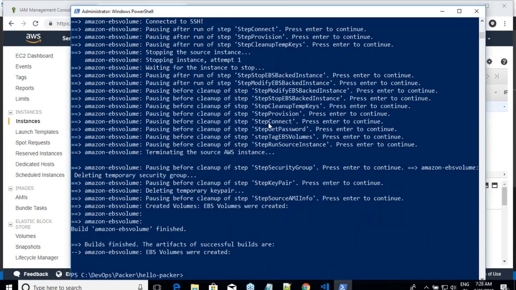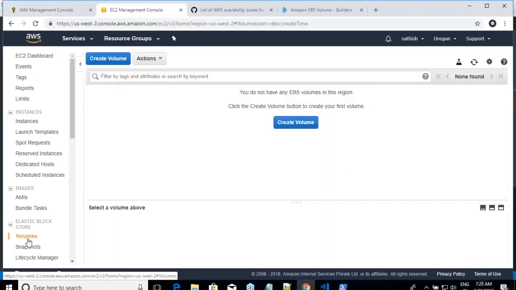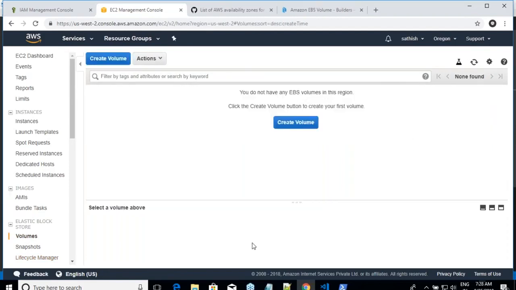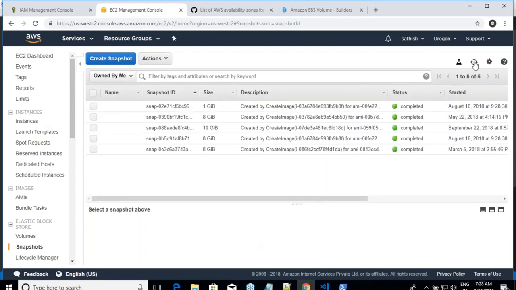Are we seeing anything over here? No. Volumes? No. Snapshots? No, we don't know what it has done, because we have not written the complete stuff. We have to tell it to it. Basically, we have just said very basic details. It has logged in, it has done its job, and it has come out, right? So don't worry about what is the outcome of it, but if you see the steps of it, whatever we used to do manually, Packer is doing it for us. If you basically pass the right set of steps, it will do the same stuff for us.